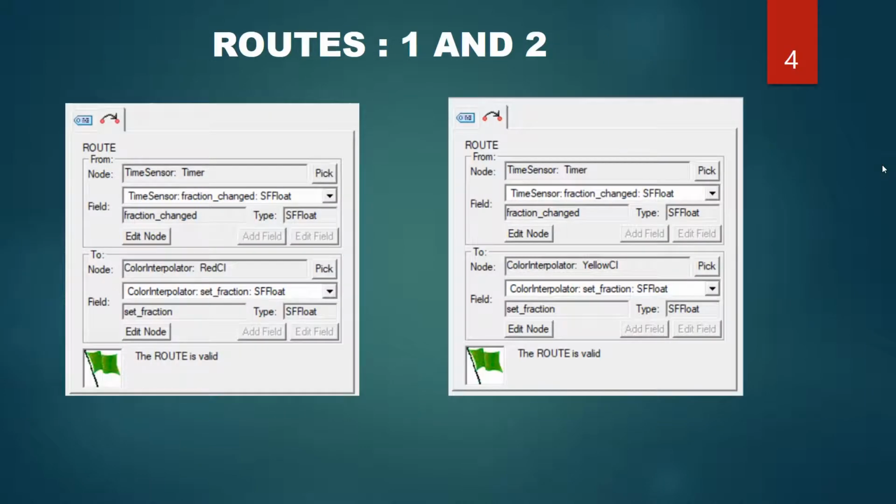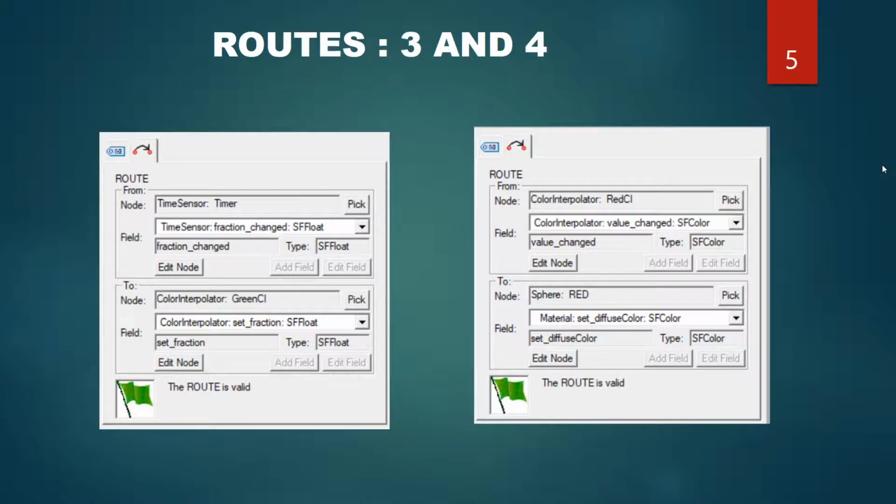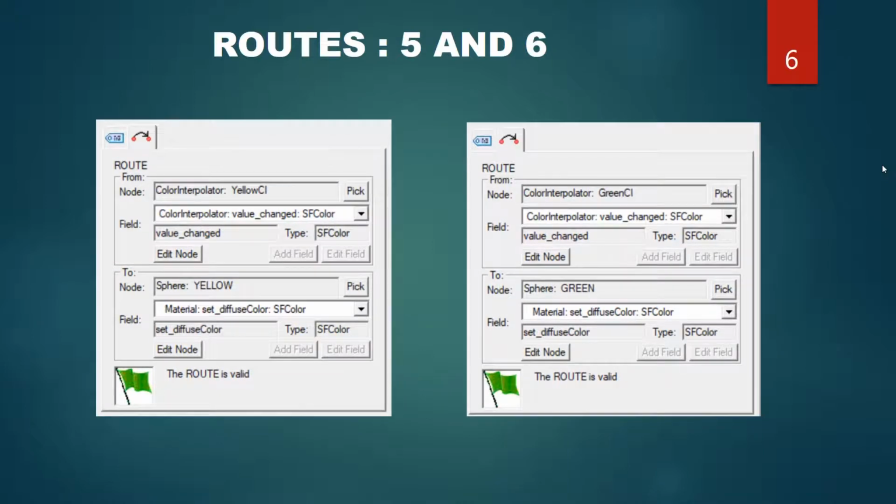Then I will be constructing 6 routes. The first route will be from time sensor to red color interpolator. The second route will be from time sensor to yellow color interpolator. The third route will be from time sensor to green color interpolator. The fourth route will be from red color interpolator to the red sphere of the traffic light.